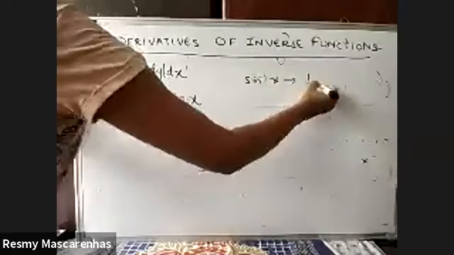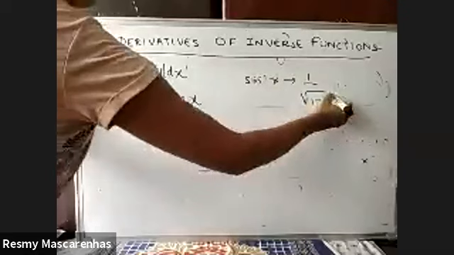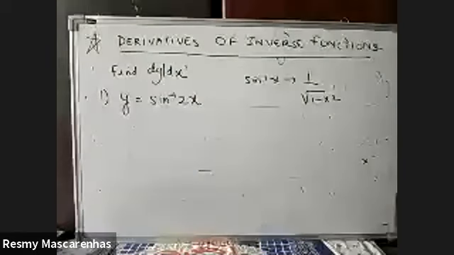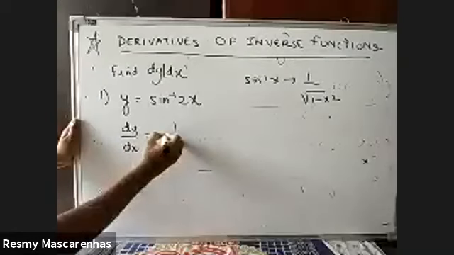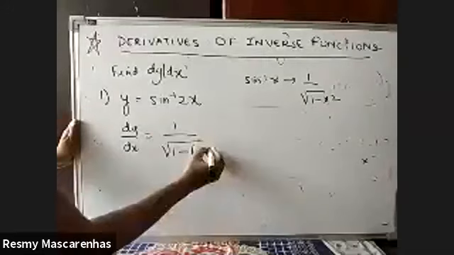Derivative of sine inverse of x is 1 upon root of 1 minus x square. So you have to just trace x only up over here. So what will be dy by dx? 1 upon root of 1 minus, what instead of x? Now it is 2x. So it will be,